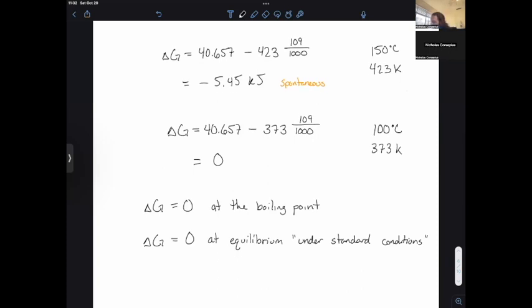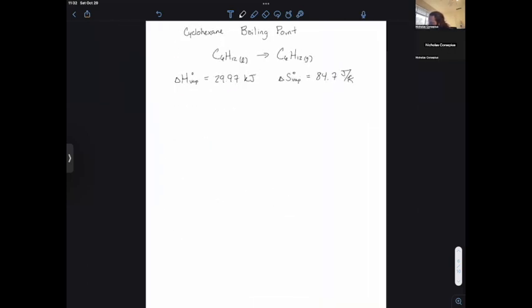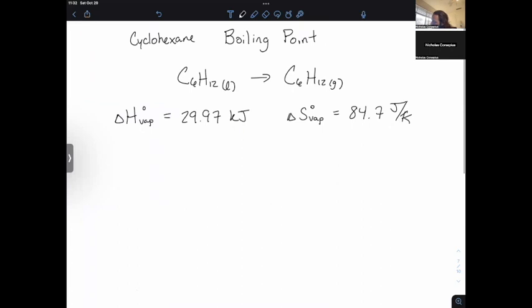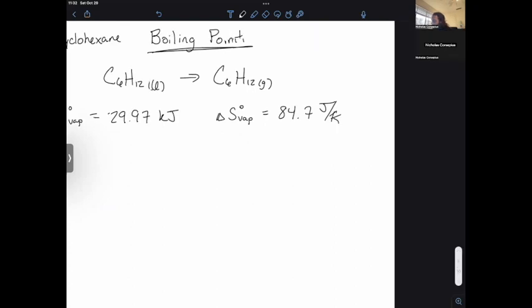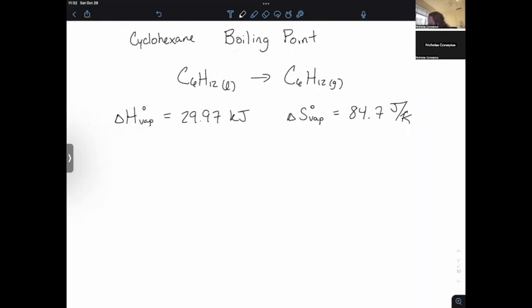But this is something that we can take advantage of to solve some interesting problems here. So now we're going to use this to figure out what the boiling point is of, in this case, cyclohexane. So cyclohexane is kind of this famous molecule in organic chemistry. If you've ever seen people doing organic chemistry, they tend to draw a lot of hexagons. Those hexagons represent cyclohexane. Okay, so what we're going to do is use the delta H and the delta S of this vaporization reaction, of this boiling reaction here going from liquid to gas, in order to estimate what that boiling point is